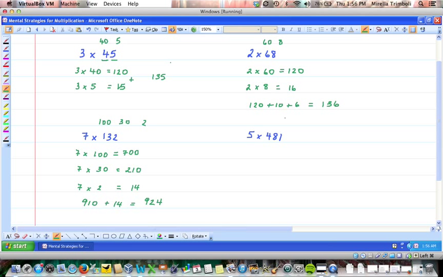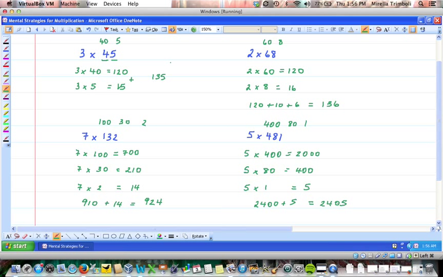And lastly, we have a 480 and a 1. So we have 5 times 400, 5 fours are 20, and the 2 zeros we see there. 5 times 80, so 5 times 8 is 40, with the extra 0 we have there, and then 5 times 1, which is 5. So we have 2,000 plus 400, it's 2,400, plus the 5 gives us